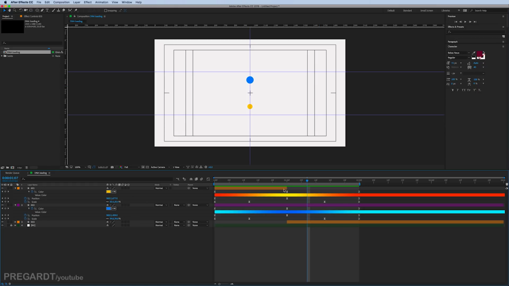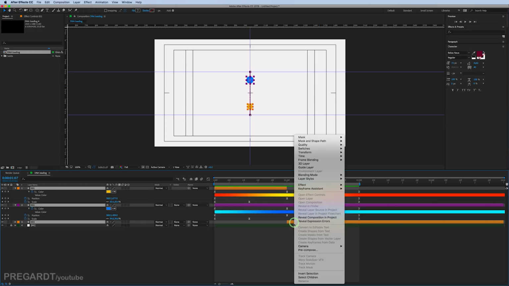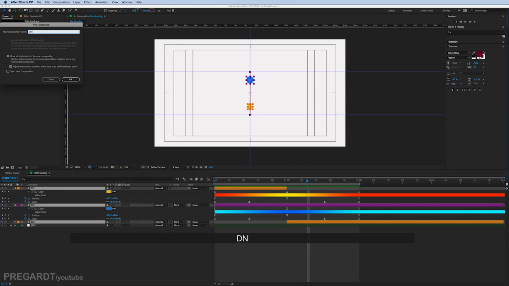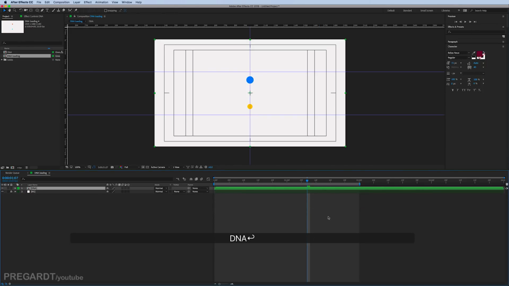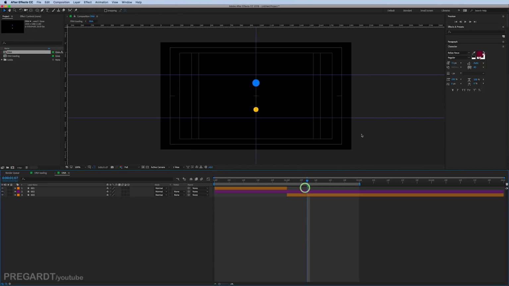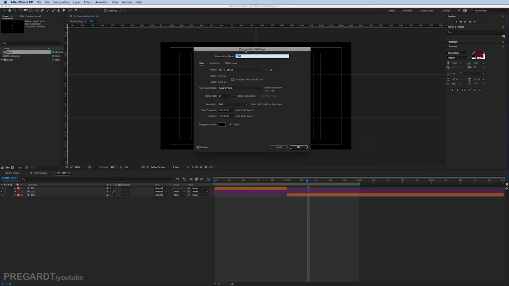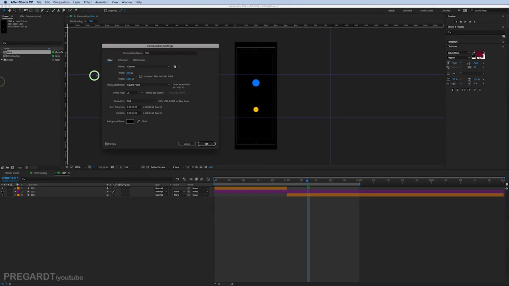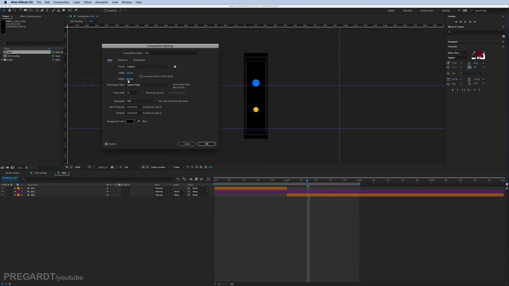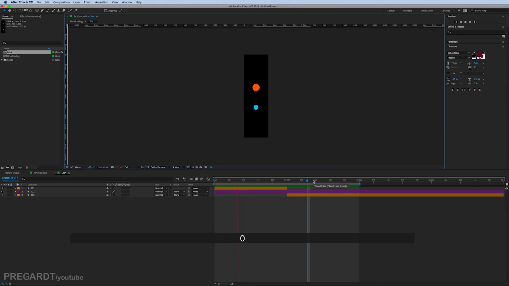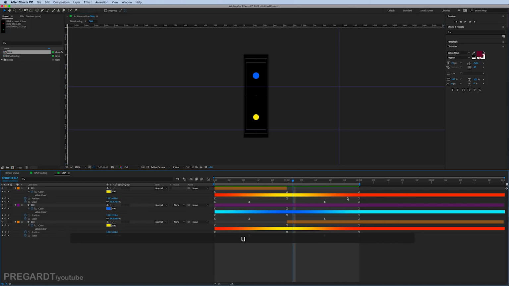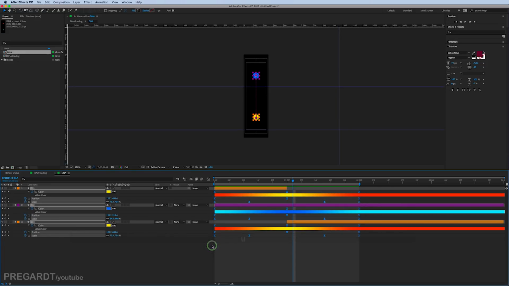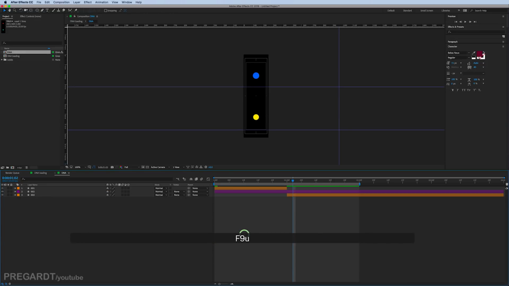The next step is to select all of the layers, and I'm going to precomp all of them and rename it to DNA. And I go inside and I'm going to change the size of the precomp to match close to the animation. You don't need to do it very close, just roughly. It looks okay. As I make sure I'm going to use easy ease, I just select all of the keyframes, I hit F9 for them. And I go to our main comp